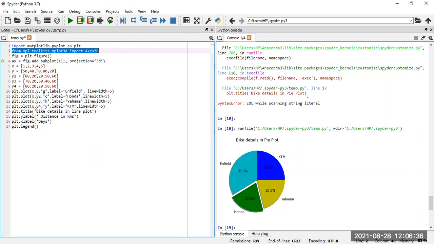Now we are just going to make it in 3D. First of all, the indent needs to be corrected, then the code will run. There are a lot of indents present. First I need to correct all the indents.